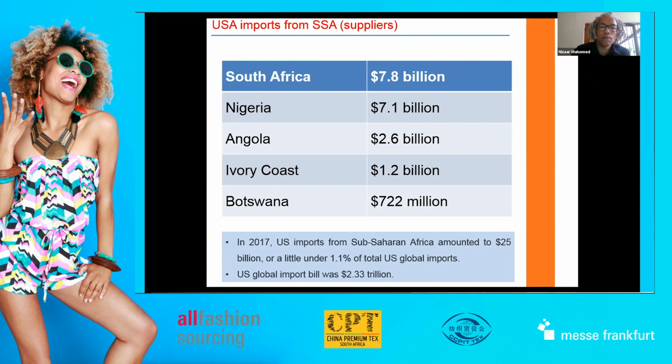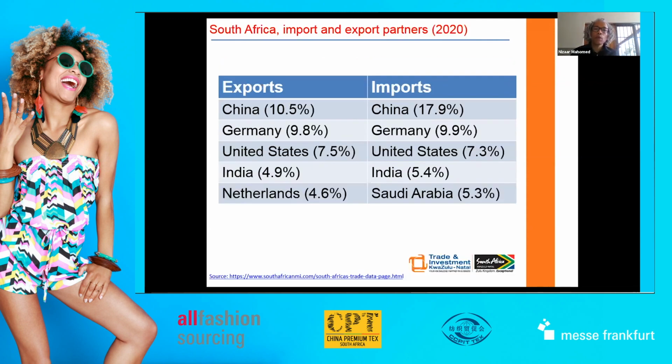When we look at South Africa, you can see that the picture between our imports and exports hasn't changed that significantly. Interestingly enough, I got this statistic at the start of the pandemic. From an export point of view, about 10.5% of our exports goes to China, just under 10% goes to Germany, 7% goes to the USA, and it more or less correlates with what goes on from an importing point of view.